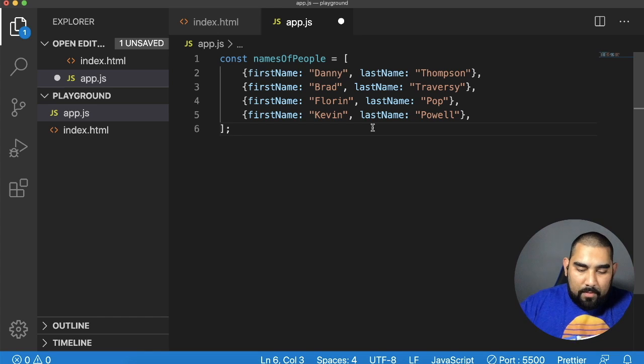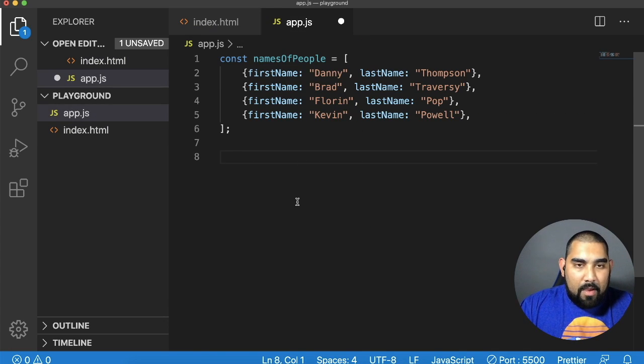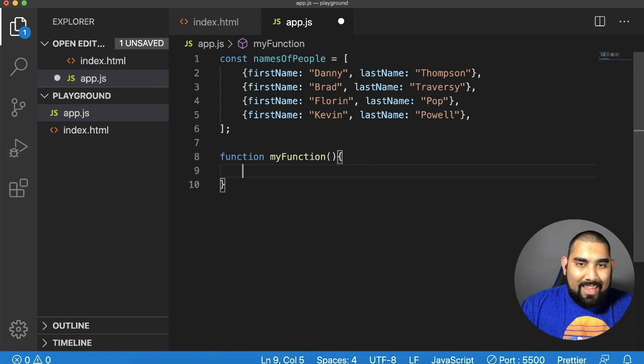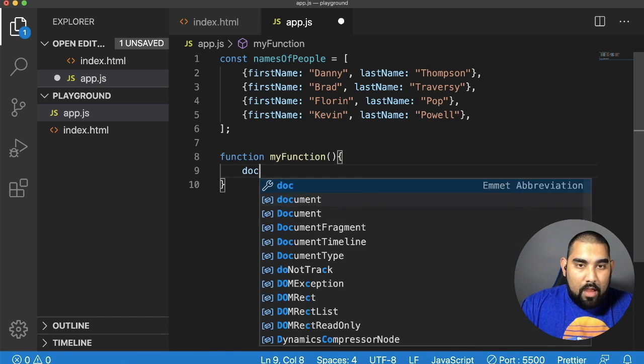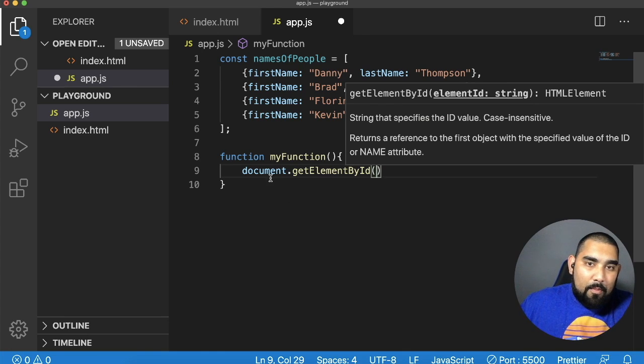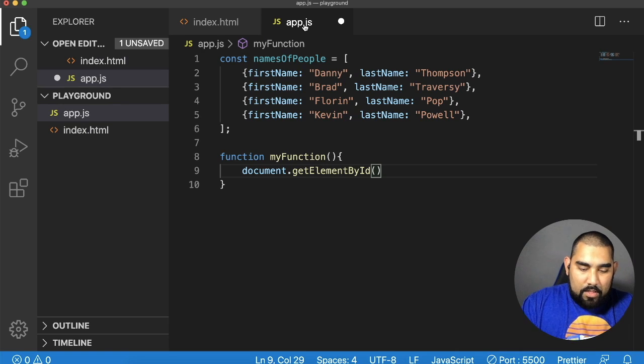All right, so we have our 4 names. Now, if you remember, here, we're calling this function called myFunction. So let's go ahead and write the function of myFunction. So we got function, myFunction. And in here, we're going to write document.getElementById. And if you remember, coming back here, our ID was names. So we're going to type names